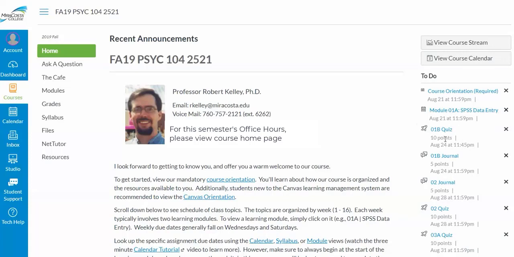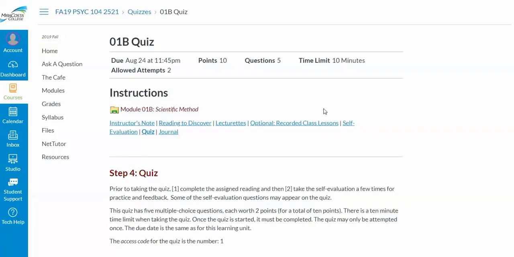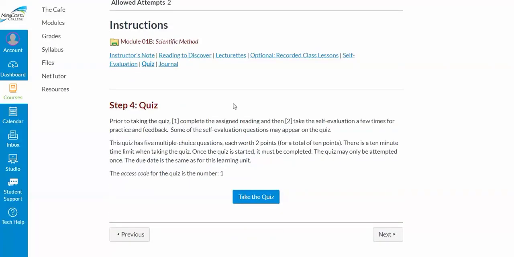So with the to-do list, if you see something here, you can simply click on it and it'll take you directly to that assignment. So if I were to click on 01B quiz, it'll bring me right to the quiz. Of course, having not read any of the material or watched any lecture videos, taking the quiz right now would not be a good idea. But what I could do is, looking at the module, I can go straight to the instructor's note,